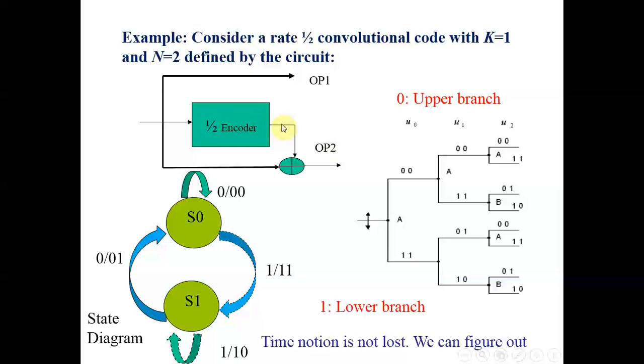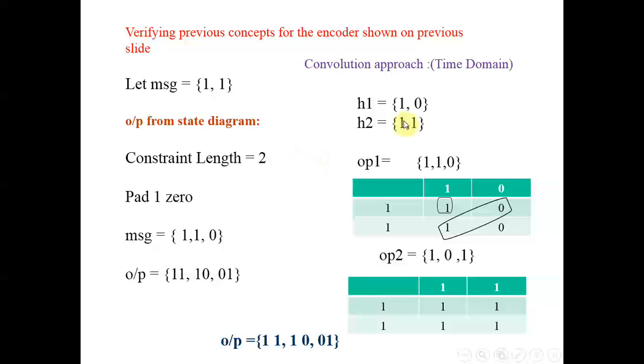Now that 1 will go here, and to complete the operation I will apply 0 here. So 0 XOR with 1 is again 1. So the lower response is 1 1. So I got two impulse responses, 1 0 for the upper branch and 1 1 for the lower branch, and my message applied is 1 1 0. So if I compare 1 1 0, my output is,